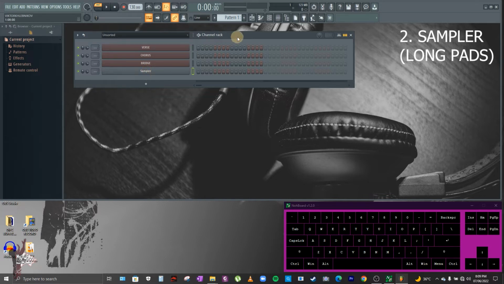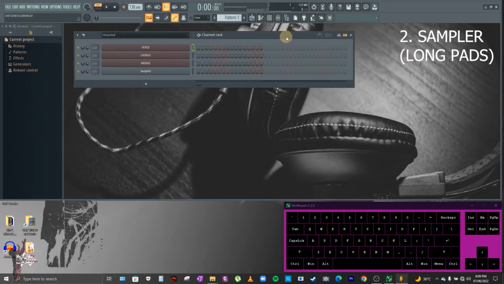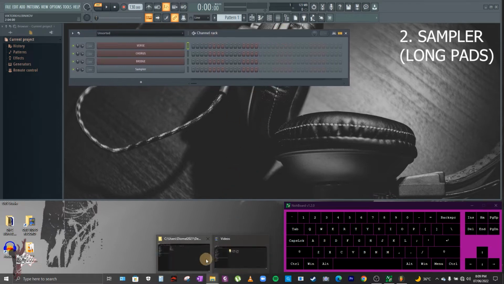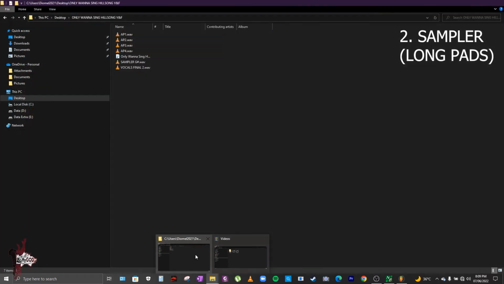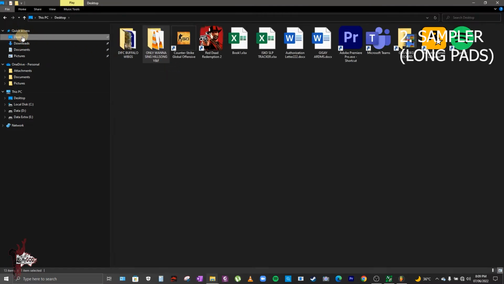It's a similar process to what we did with the FPC channel, as you can see in the first part of the tutorial video. For this case, we'll open a folder and search for a pad. I have here a pad. Let's check first.